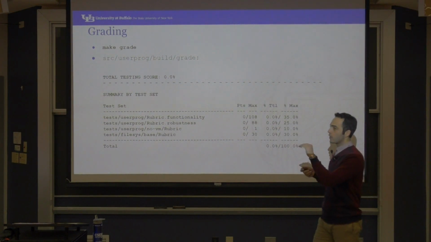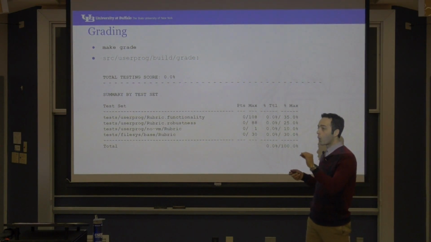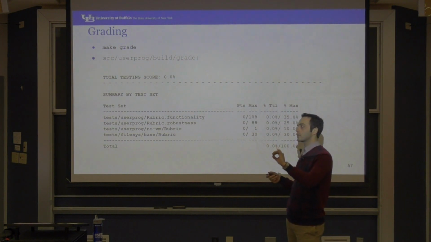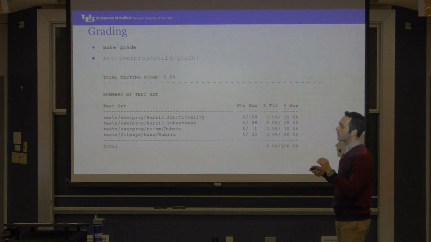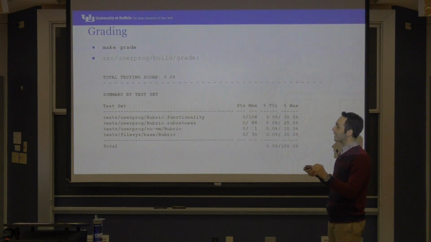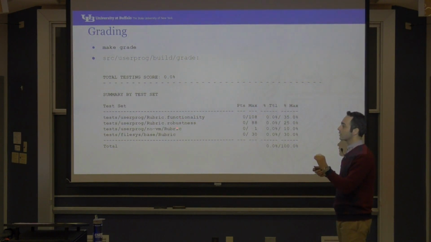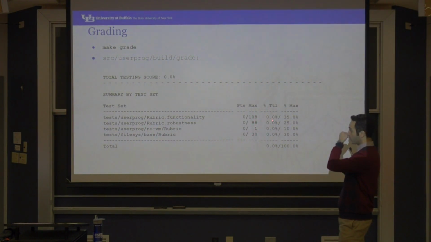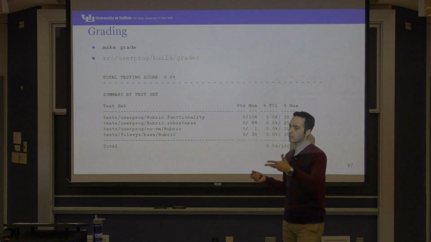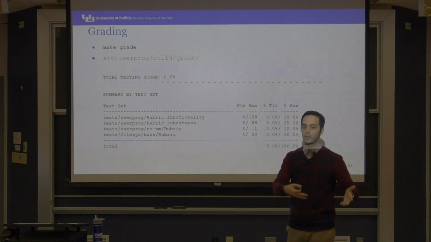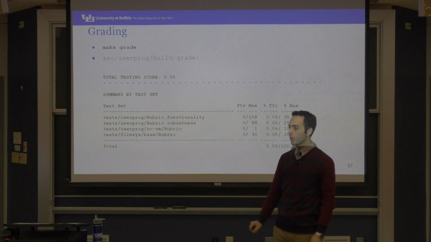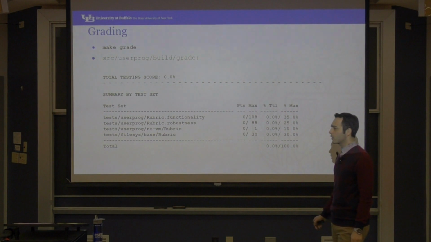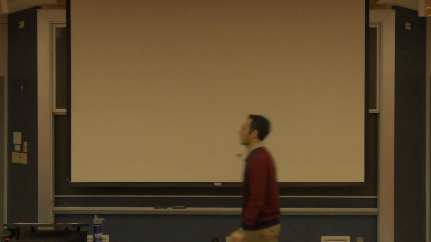I don't have them on this slide, but you have all the tests and all their points. Okay, this test is this many points, these tests are these many points. You have to take a look at what the category of that test is. Is it a functionality test, robustness test, or this one or this one? Take a look at how much of the point is to the score, so that gives you an idea of the weight, and then say, okay, this test is more important than this test, so I'm going to go for it. But, however, I think,